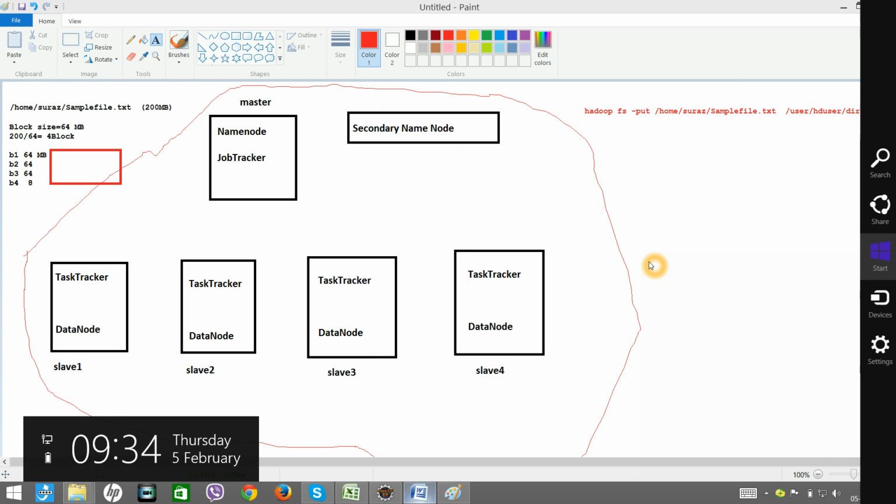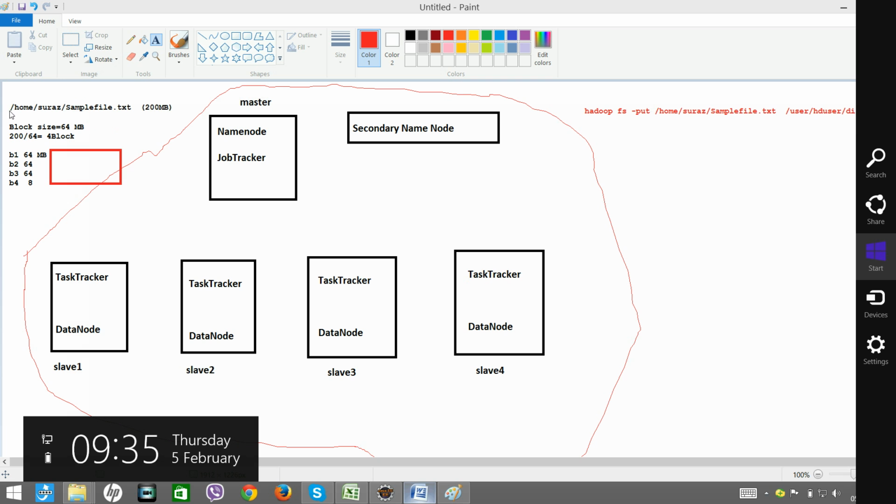From the command prompt, from PuTTY, you will give this sort of command: hadoop fs -put, this is the syntax, /home/suraj/sample.txt. That means in my present working directory, in my Linux local file system, there is a file called sample.txt under this location, and you store it on the Hadoop cluster under this location.